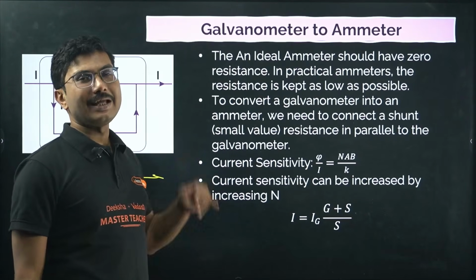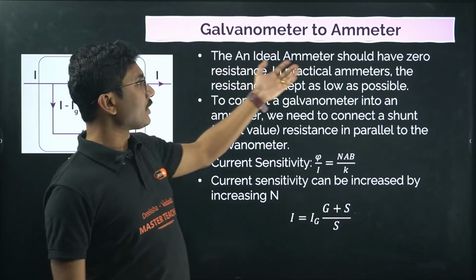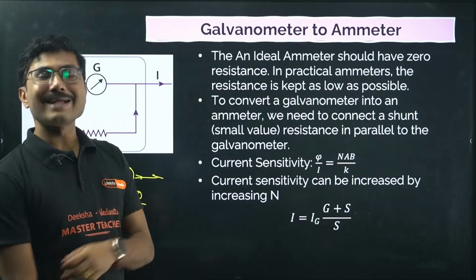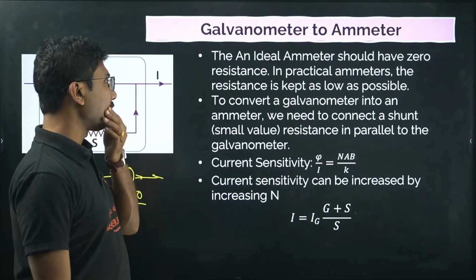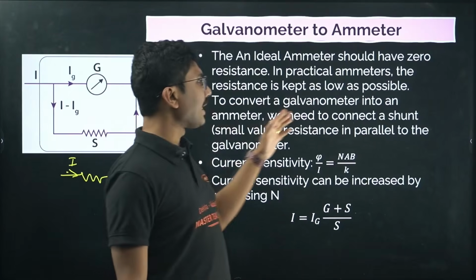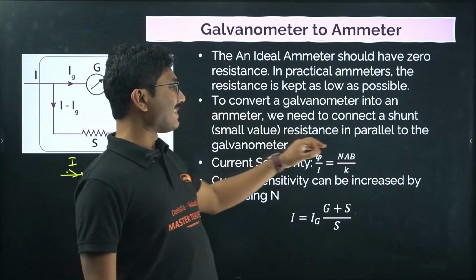So in reality, an ammeter should have a very low resistance. An ideal ammeter should have zero resistance. In practical ammeters, the resistance is kept as low as possible. To convert a galvanometer into an ammeter, we need to connect a shunt of small value resistance in parallel